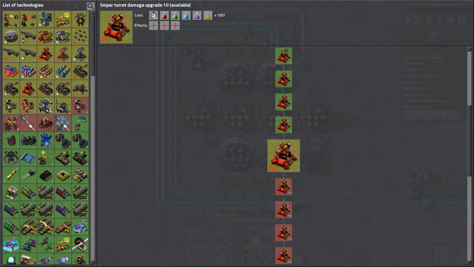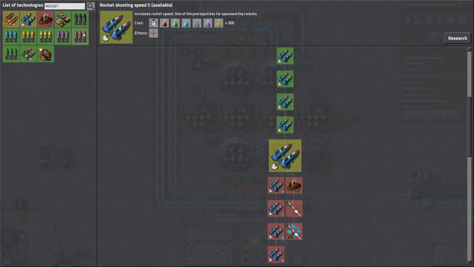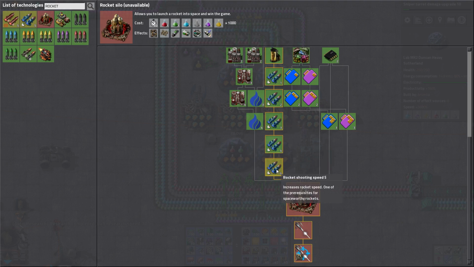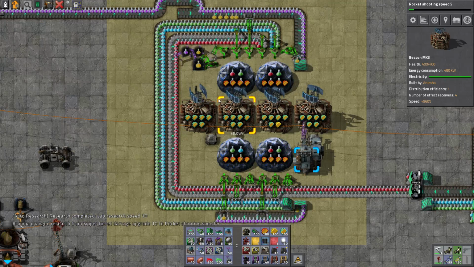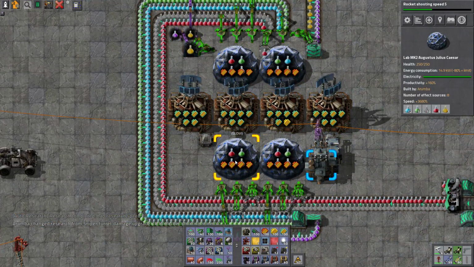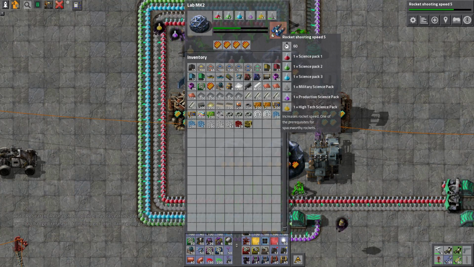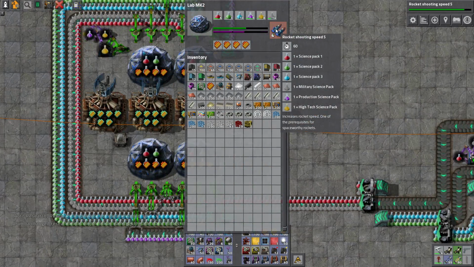Alright, we don't want that. We want rocket shooting speed 5. Looks like a... I don't know. I've forgotten already. Just go for rocket shooting speed 5. Since this recipe is 60 seconds long...